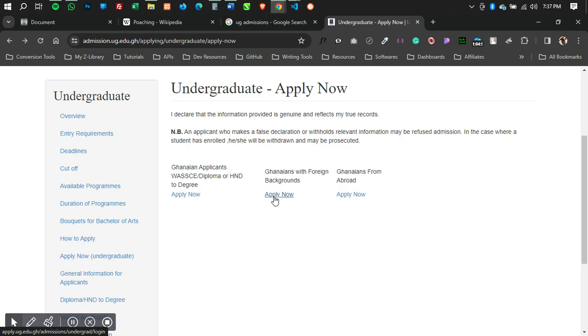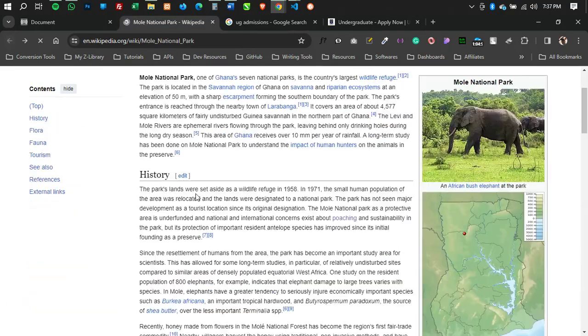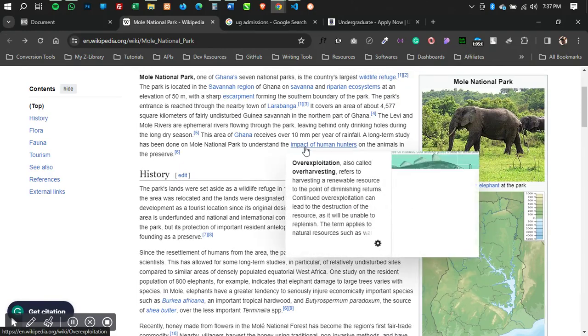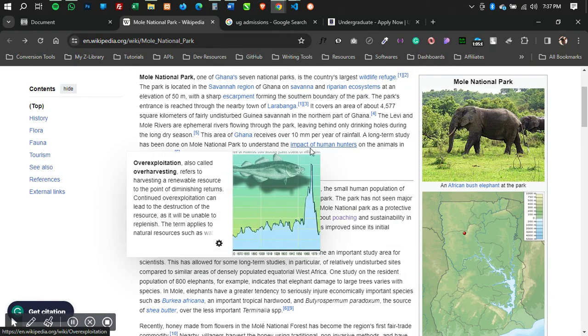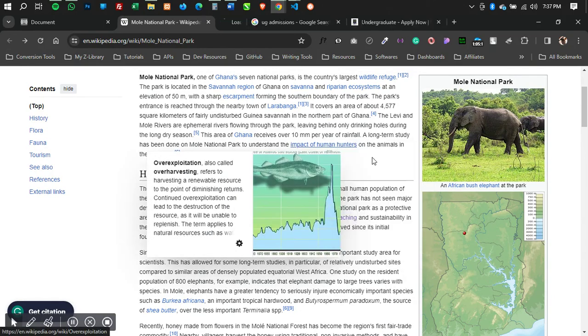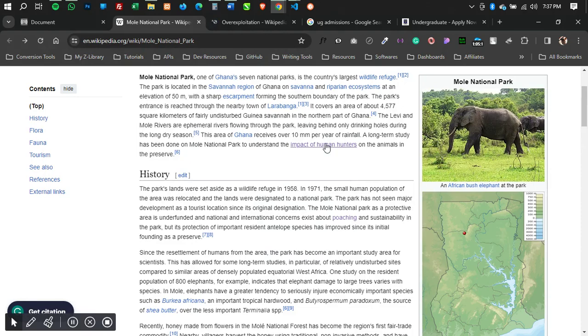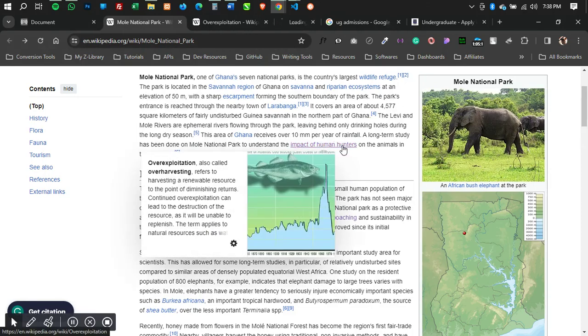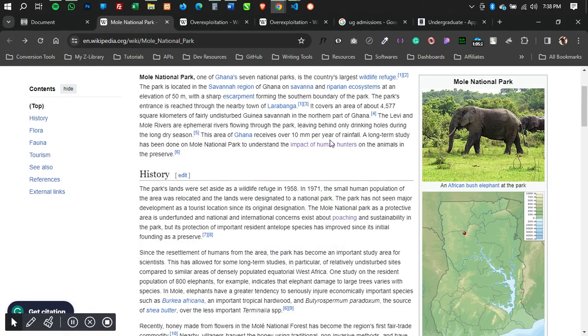If you're browsing the web and you see something, I get it. Just like we are on Wikipedia, I have seen something on impact of human hunters, right? And I want to read. But Wikipedia hasn't added that blank attribute on their website, and I want to open it. I can either right click and open the link in a new tab, or I can just press Control and click on it, and it's going to open in a new tab for me. But now we are looking at it from the other end, on the side of the website developer. So that is where it becomes necessary to use the blank.